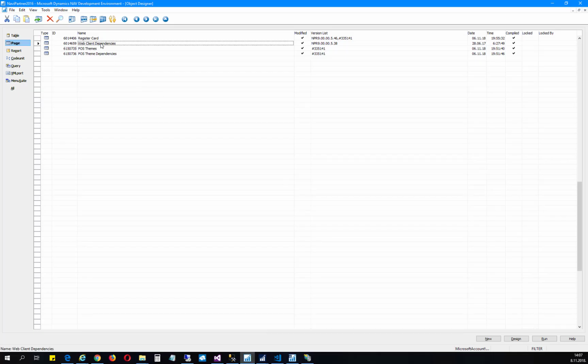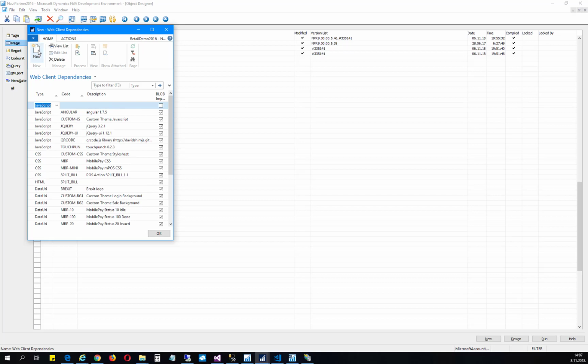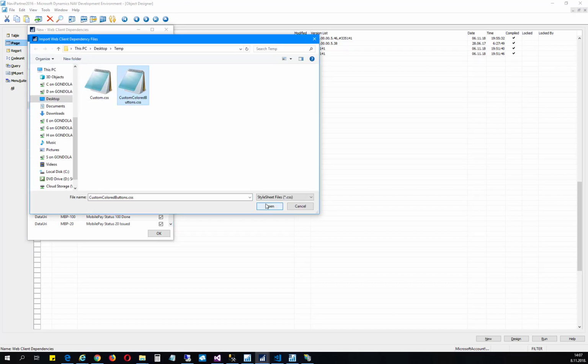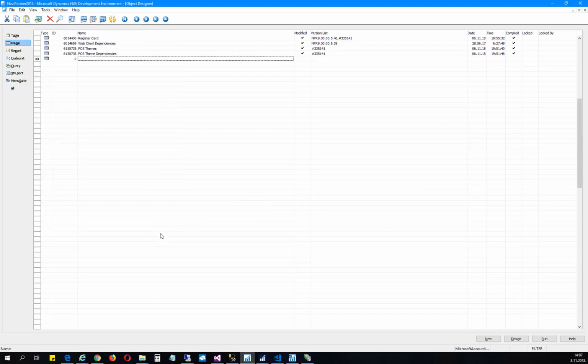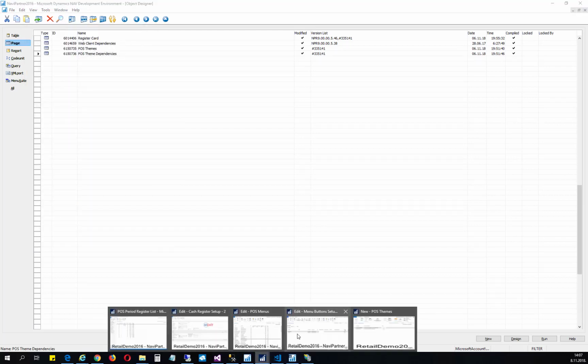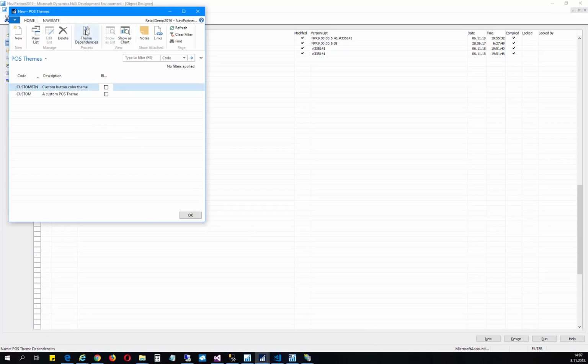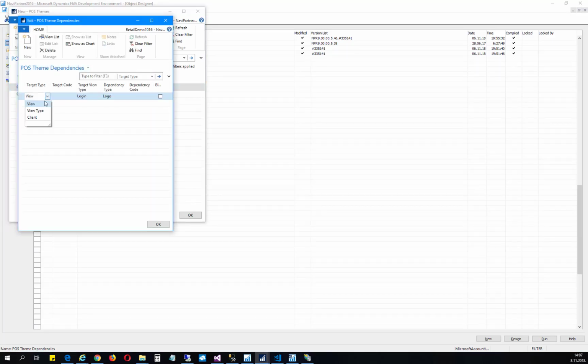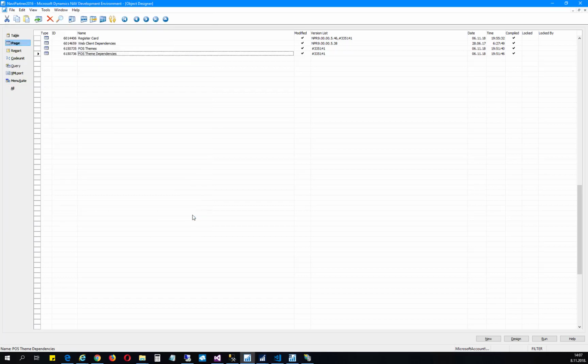client dependency. I will create a new one. It will be CSS. I will call it custom button colors, and I will import this custom colored buttons CSS file. I will click OK, and then back into my theme definition. For this theme, I will define a new dependency, and I will apply it to all of the login views. It will be style sheet, and here I will select my custom button colors, and I will click OK. The next step is, of course, to apply this to my